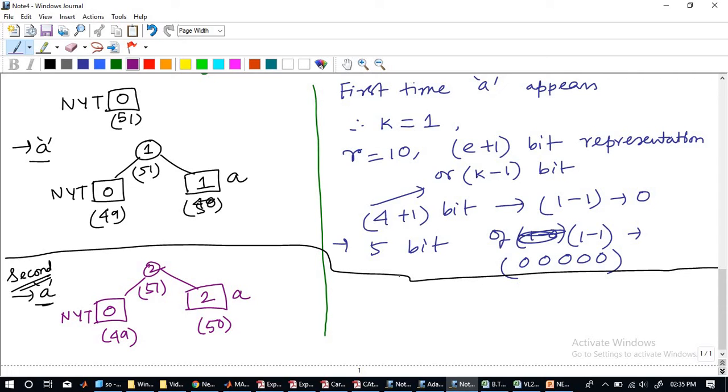So since A is already present, A will have the symbol, because the encoding is to be done by looking at from the root node. So this is 0, this is 1. From root node to the particular value of the node value, what node weight, whatever it has. So this is having 2. So A will have the code as 1.